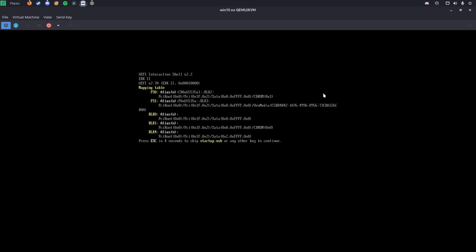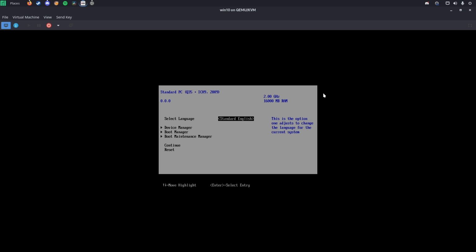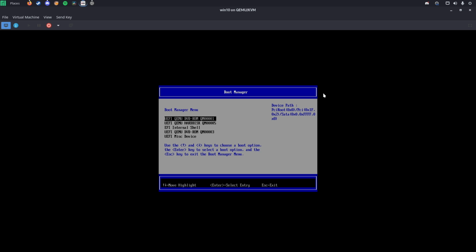So let's say you missed that menu or opportunity to press the key. It might bring you here. So press exit or type exit and enter. Using your arrow keys, we'll go to boot manager. Now to tell the difference apart the CD-ROMs that we added,